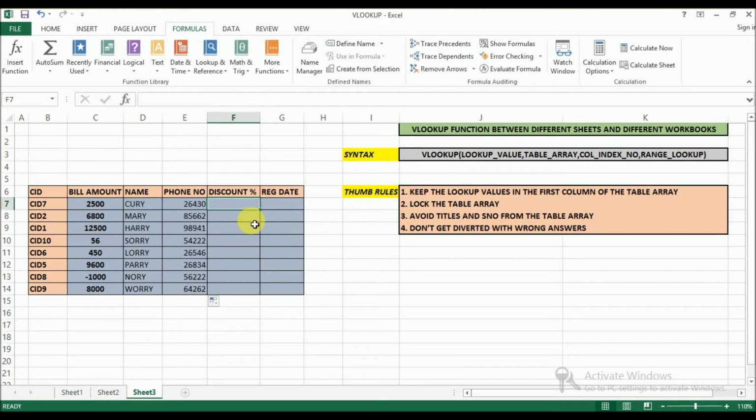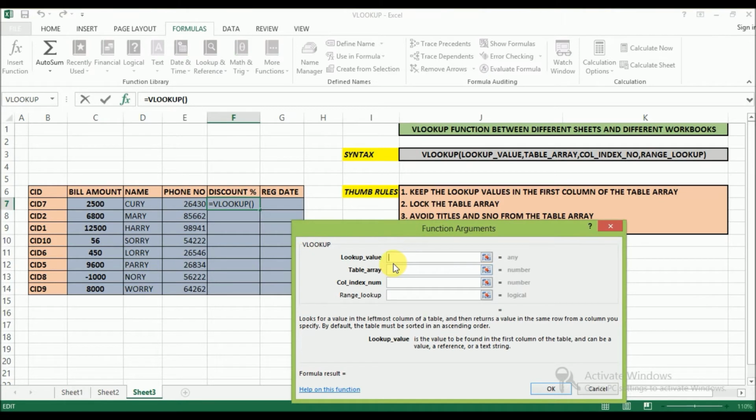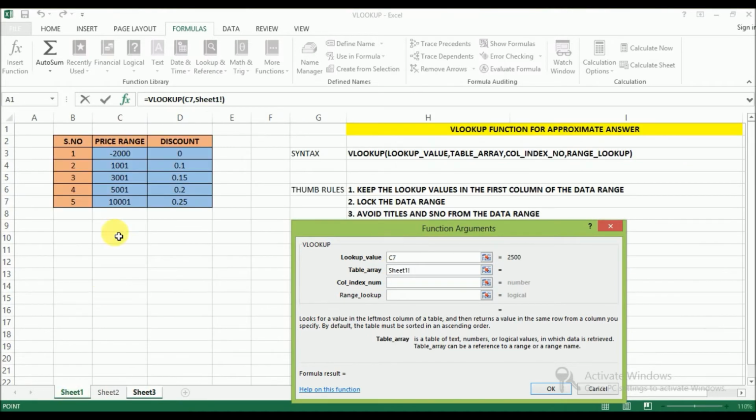In discount percentage, we will be using approximate answer or approximate value. So I am inserting the function VLOOKUP, lookup value. Now my lookup value is not customer identification number. Now my lookup value is bill amount. So this is my lookup value. Table array, my reference table is in the first sheet.